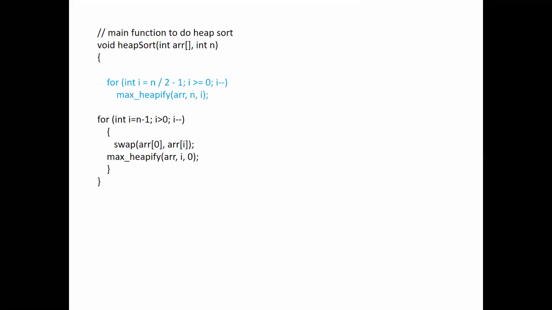कोडिंग of the same is last i is equal to n-1। आपने 0 और शुरू में एलिमेंट का इंडेक्स 0 होगा, और लास्ट एलिमेंट जो भी आपका हीप ट्री के अंदर होगा उसका इंडेक्स n-1 होगा। i शुरू करोगे n-1 से, 0 और n-1 को आप स्वैप कर दोगे, 0 और i is initially n-1, 0 और n-1 को स्वैप कर दिया, तो n-1 वाला जो एलिमेंट, जो भी एलिमेंट, और ये लार्जेस्ट एलिमेंट आपका यहाँ पर आ जाएगा, लास्ट जो स्वैप किया, और यहाँ पर कोई और एलिमेंट आ गया।